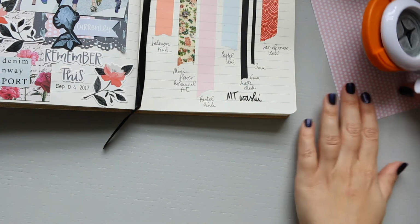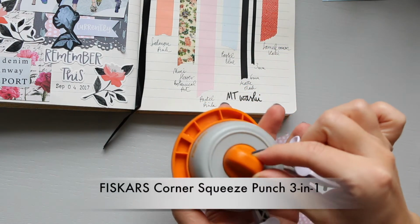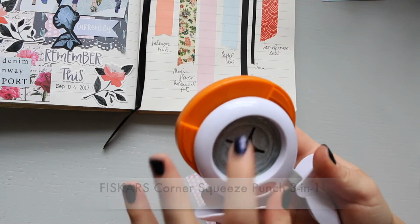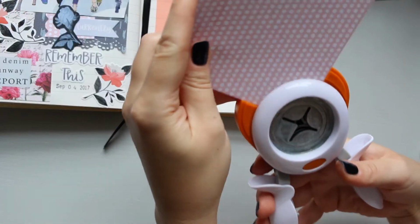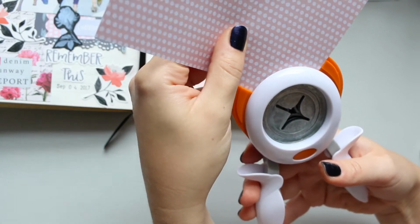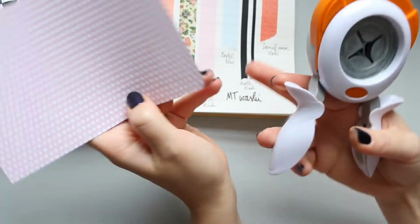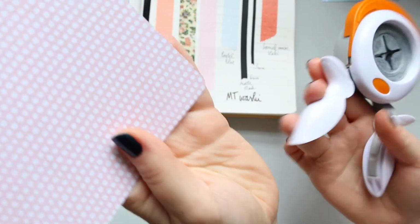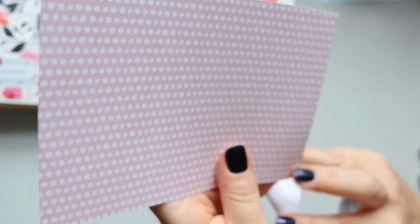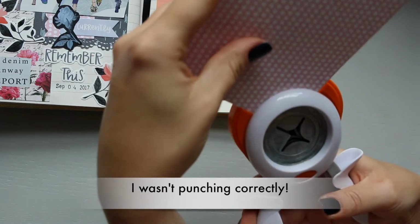Okay, so let's go ahead and try these punches. First of all, this one is, like I said, a 3-in-1, and you can adjust which corner you want. Basically, the top corner, you slide the paper into here, and the top corner is the paper thickness. So let me go ahead and do that. You slide it in nice and straight and then just click, and that's your rounded corner. I did notice there's a little bit of a distressed line here,